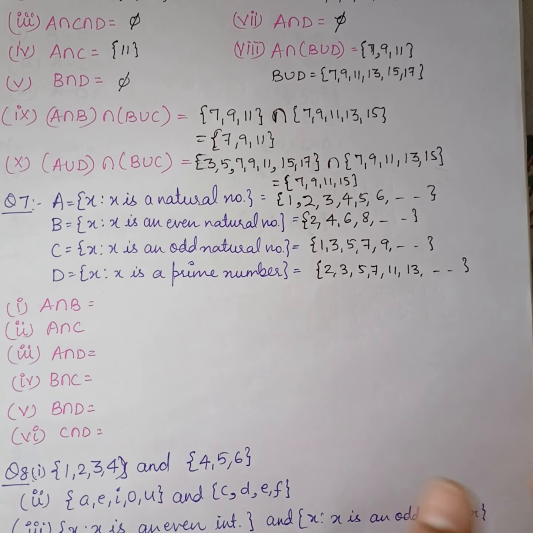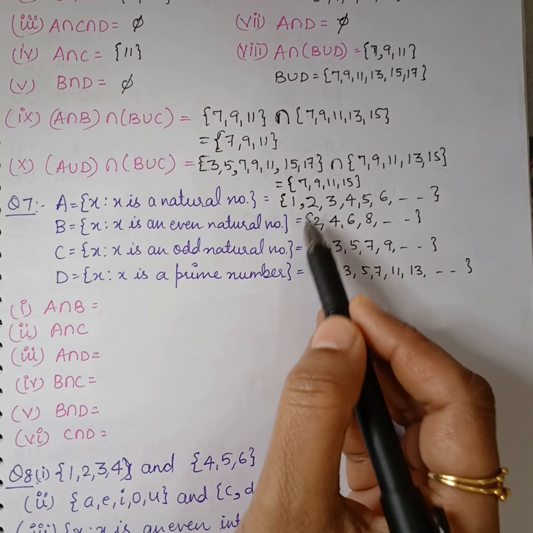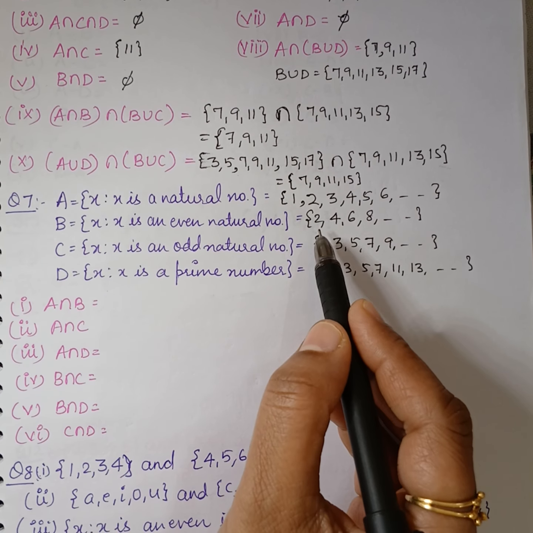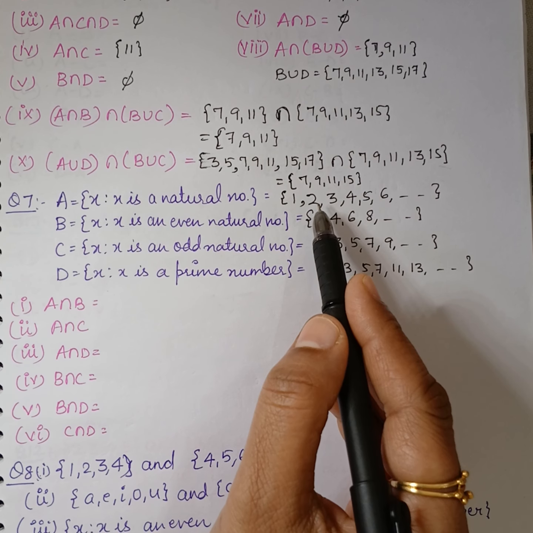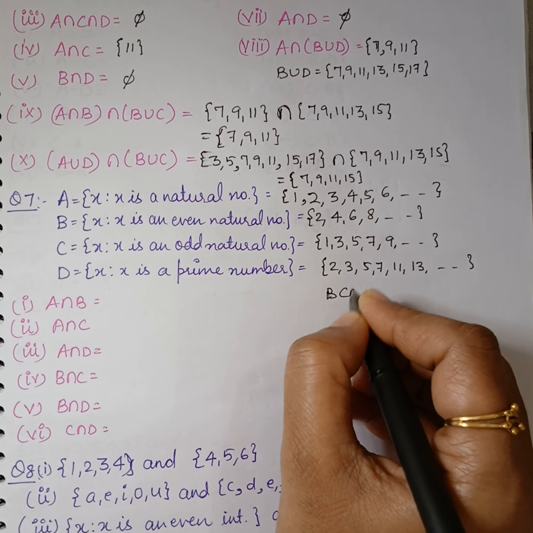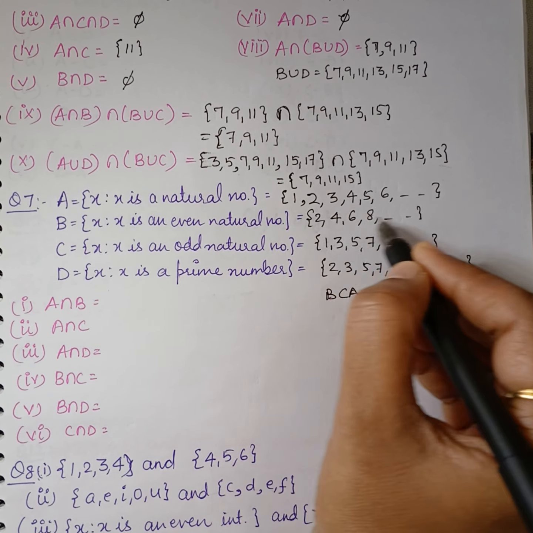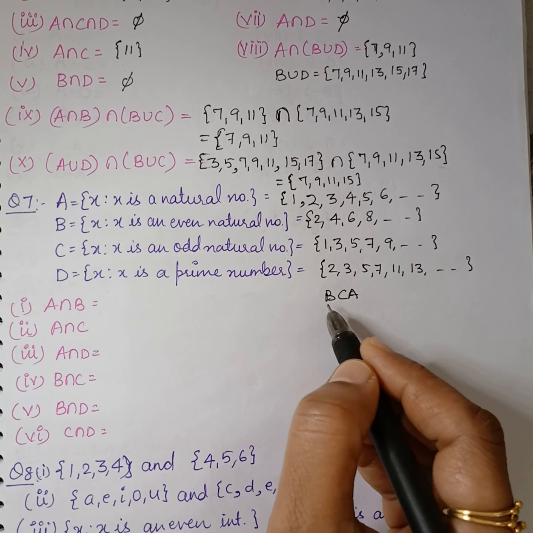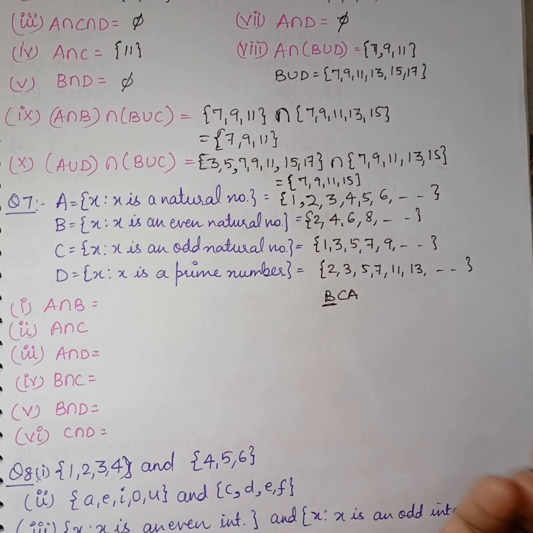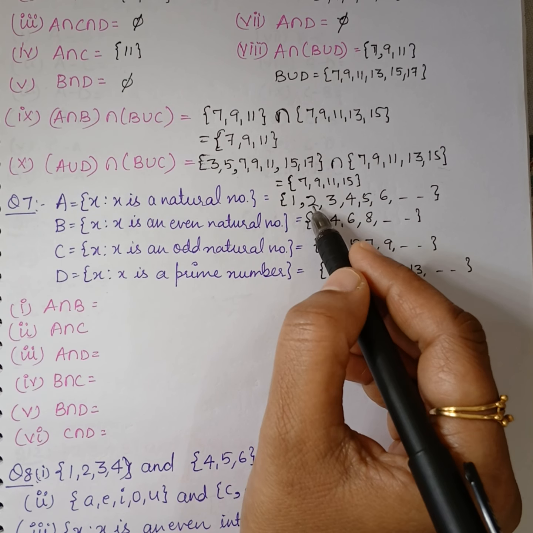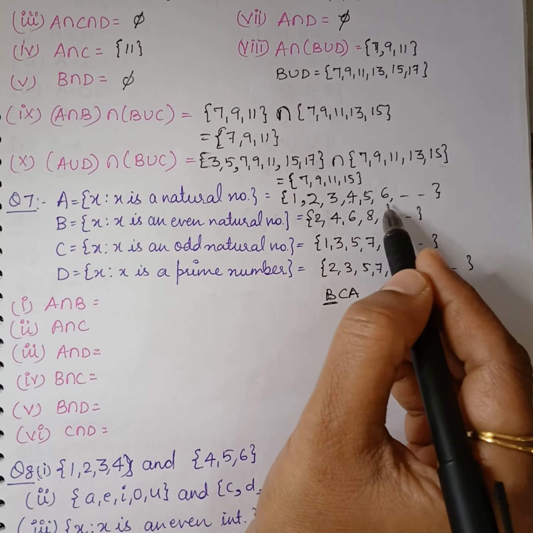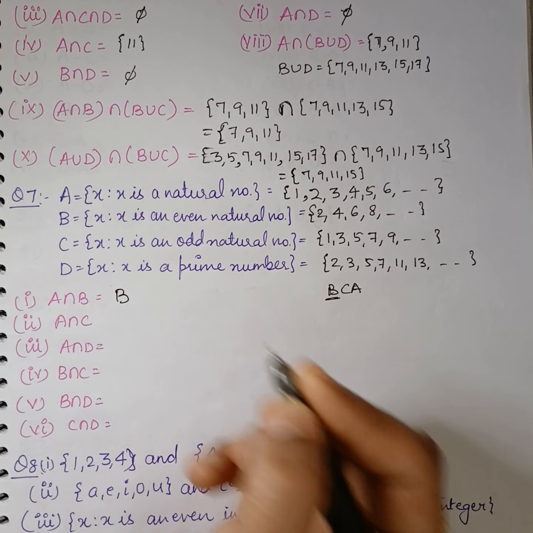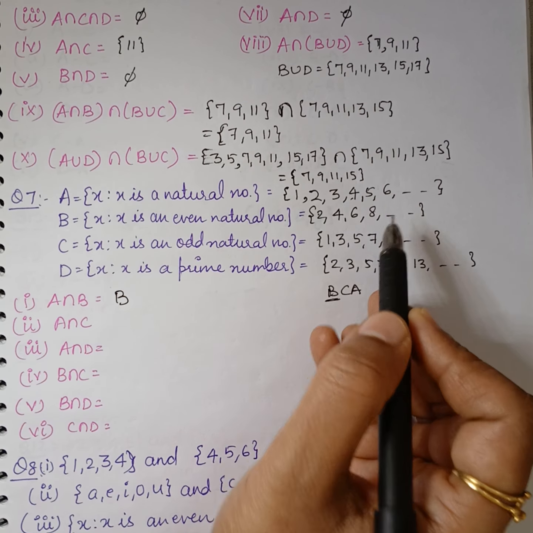A intersection B. Now you can see that from these two, which is the smaller set? Intersection will always be the smaller set. Smaller set is B and B is contained in A. We know that B is contained in A because the elements which are there in B, 2, 4, 6, 8 are all there in A as well. So B is contained in A, so their intersection will be the smaller set. Or you can see it like this also. What will be their intersection? 2, 4, 6, 8 and so on. So their intersection will be set B, that is all even natural numbers.